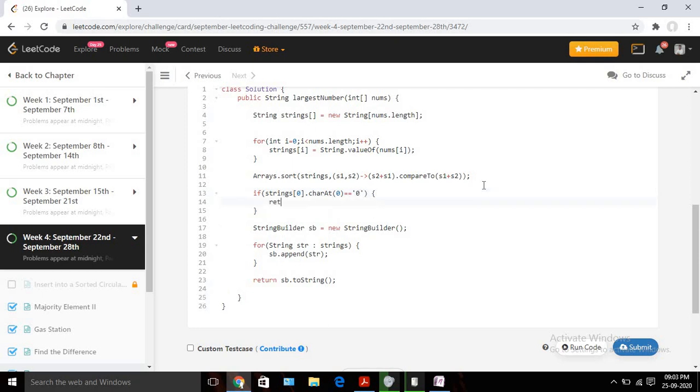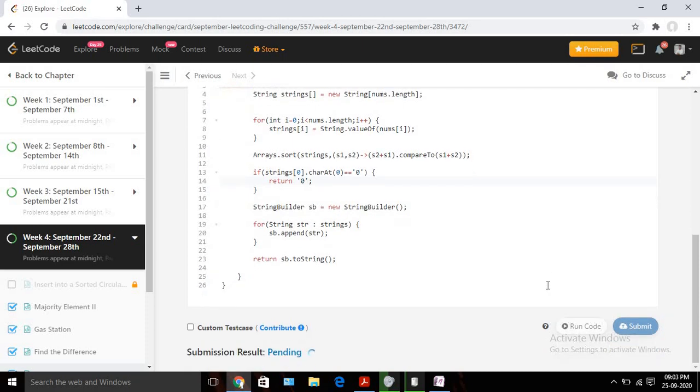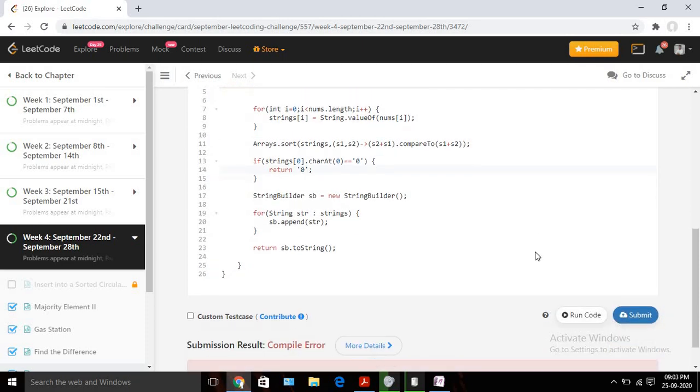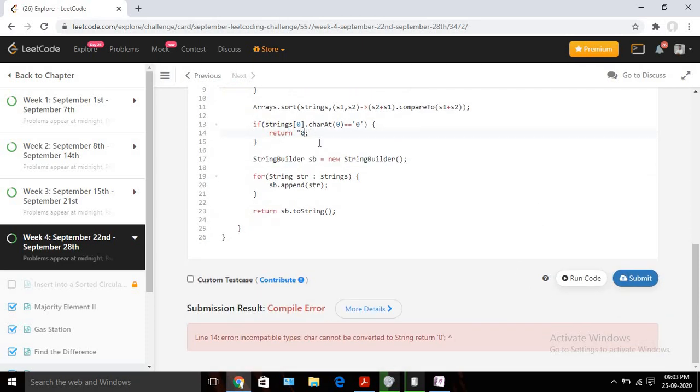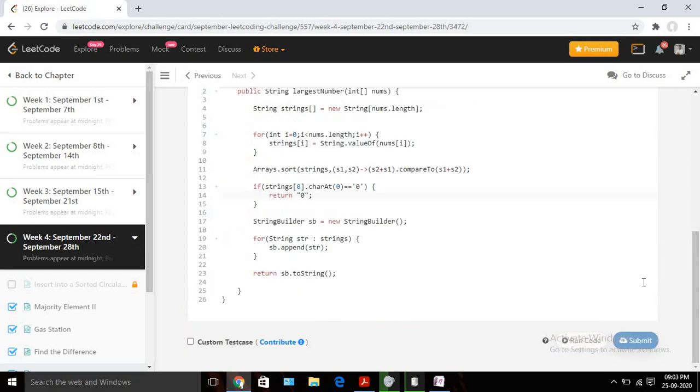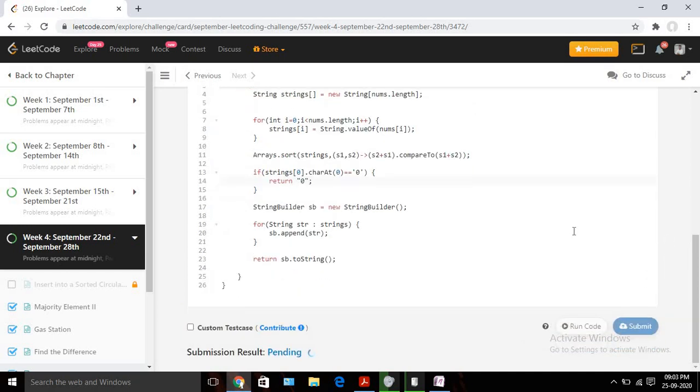If the first character is 0, then in that case I can return 0 here only. It should be inside the string sign, or double quotes.